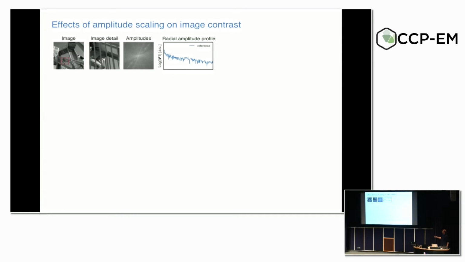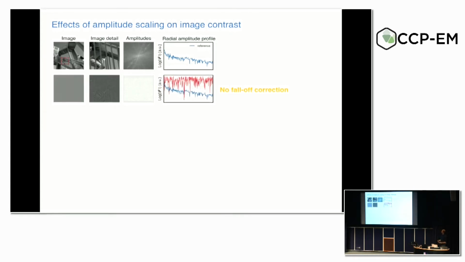And what you see in the middle is a detail of that image, and then you see a power spectrum of that image, and you see a radially averaged power spectrum of that image. And what you can do now is basically keep the phases of this image and substitute all the amplitudes with random noise. So that would give us an image in which we almost have no contrast anymore,